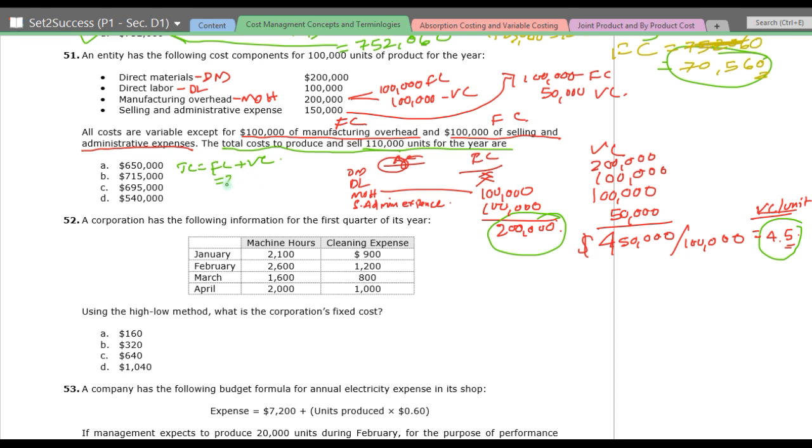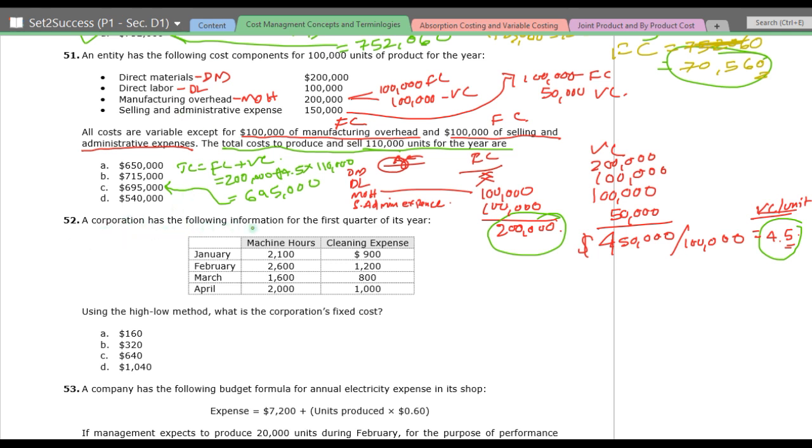So fixed cost is 200,000 and variable cost is 4.5 into 110,000. So total cost comes to 695,000, which is option C. Next,